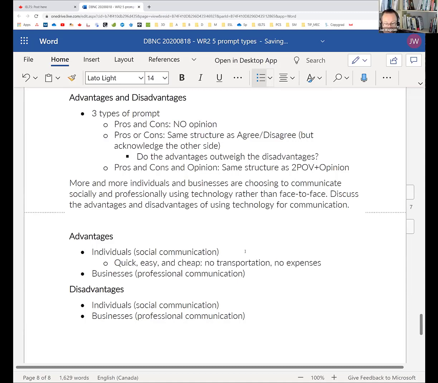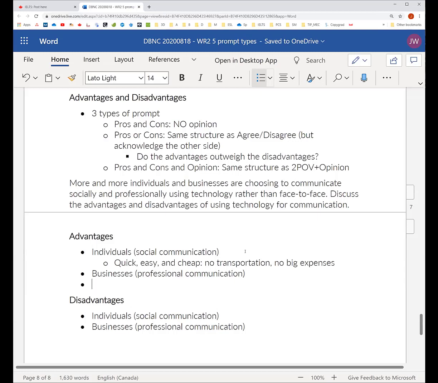So no transportation, no big costs involved. And you can address a large gathering at once. If you want to invite someone to the conference, you can just mail it and they will be there. So you can engage a large number of the audience. Okay, like that. That's good. Can engage a large audience